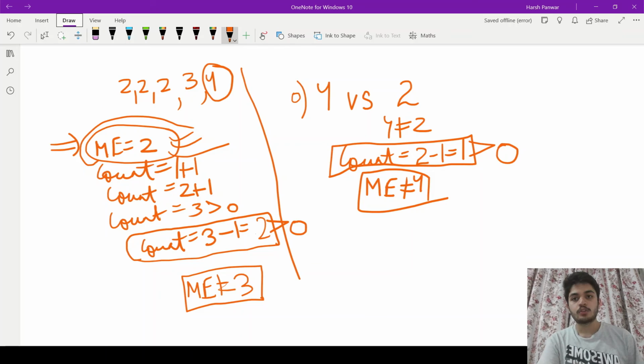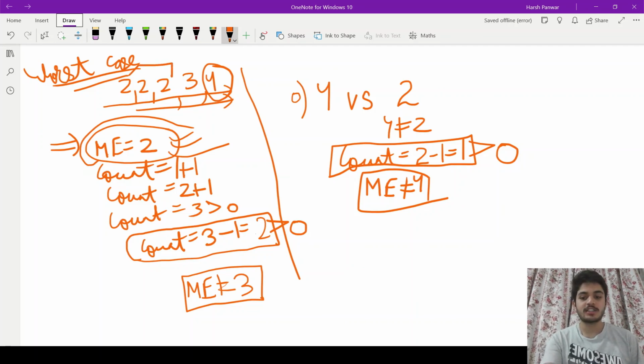So we have iterated through the entire array, we have traversed everything. This was the example of the worst possible case where the majority element, that is 2, appeared in the beginning 3 times. I hope you all have understood the concept very well. I believe every one of you might have understood the concept of Moore voting algorithm perfectly, and you would now know how we calculate the candidate for the majority element.